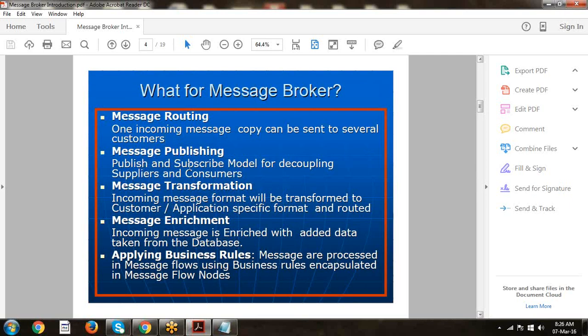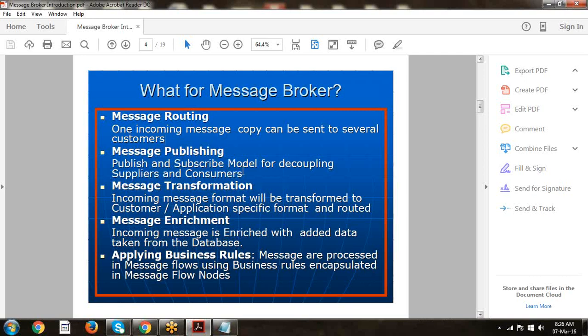Message publishing, the publish and subscribe model, is for decoupling suppliers and consumers. So who is the publisher and who is the subscriber? In WebSphere MQ, point to point communication is there, right? In point to point communication, source and destination have to know each other.